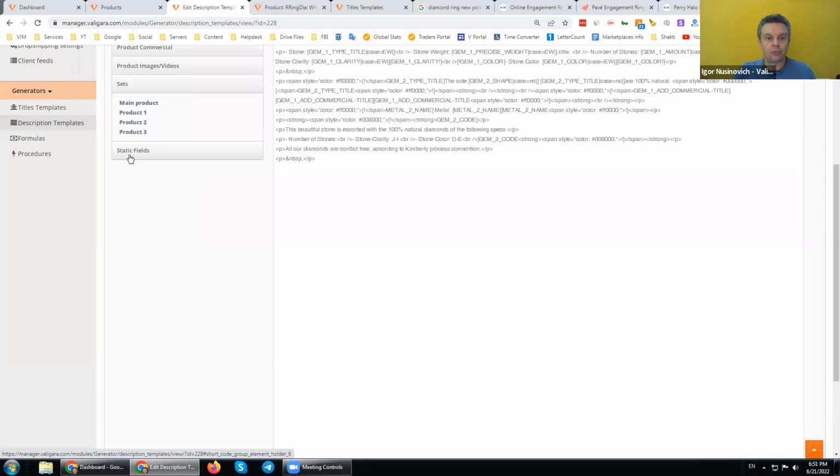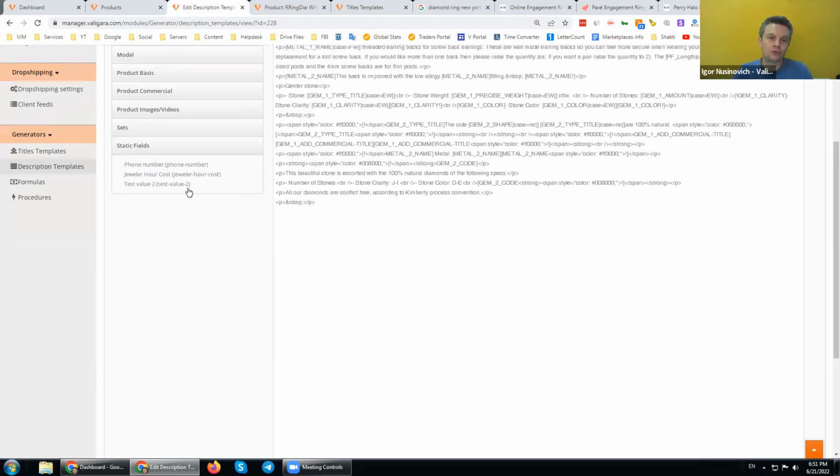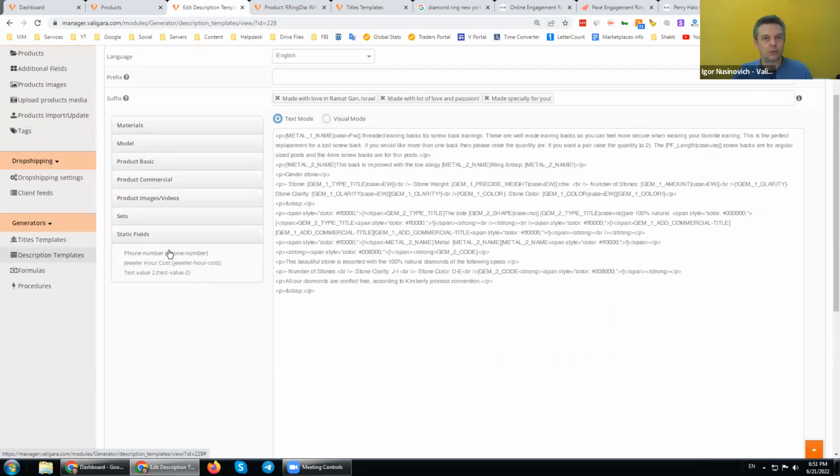And another important thing is the static fields, which you can also generate in Valigara, such as the phone number, jeweler hour cost, and any other field that you want to push here, like your private phone number, or if I want to put the name of the designer. I don't want to store it in all the products. It's just one name, the personal name.